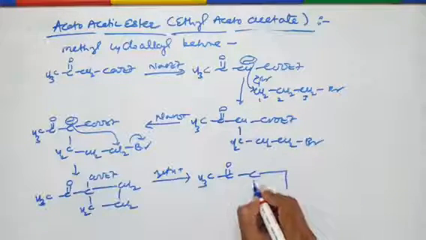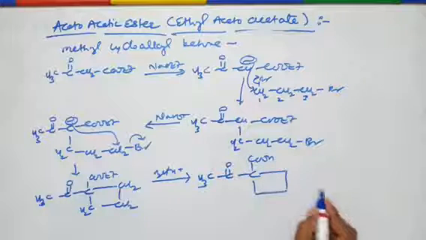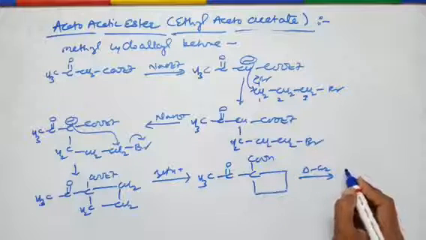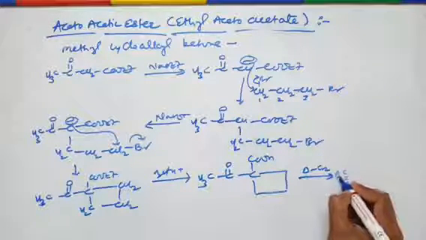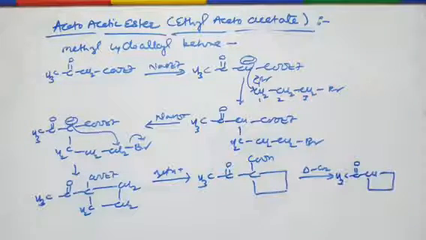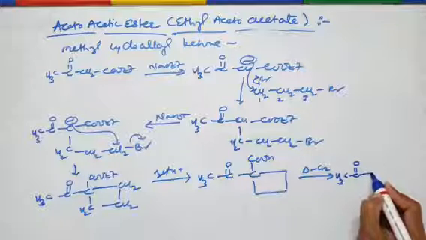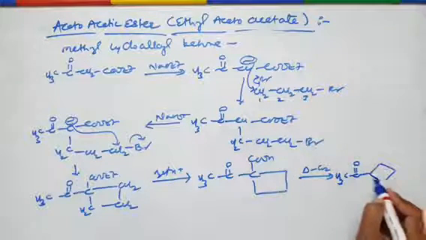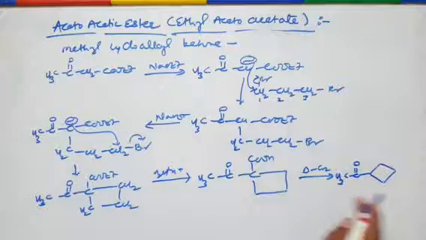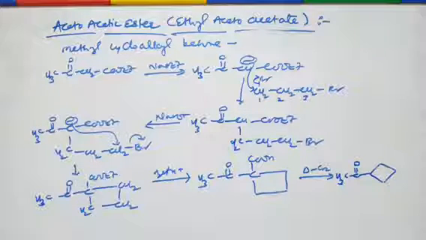Other things remain the same, COOH, and then the last step is heat and decarboxylation. So it gets removed and takes the proton, it becomes CH3, C double bond O, CH, CH2, CH2, CH2. So we get the cyclobutyl methyl ketone. As a 4-membered ring is there, we can directly write it as a 4-membered ring. One group is cyclobutyl, another is methyl, therefore the name of this ketone is cyclobutyl methyl ketone. It can be synthesized by treating ethyl acetoacetate with 1,3-dibromopropane.